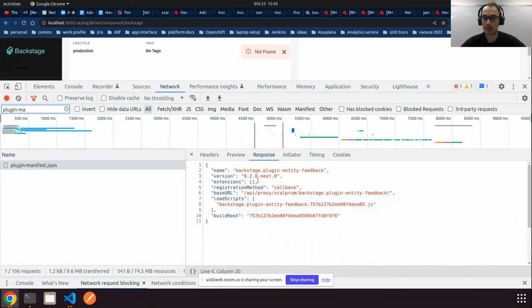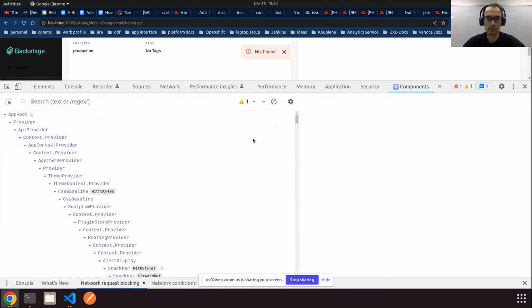It basically has some metadata required for the plugin manager to initialize and render the component. You can see it has some base URL and some load scripts entities. This script is basically the entry point to the module itself. And once the script is added into the browser memory, it initializes the container, it exposes the component, and you are then basically able to